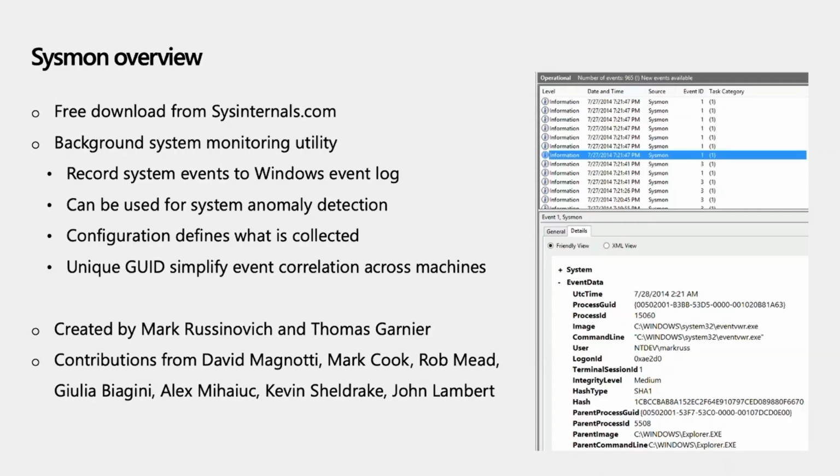So instead, for Sysmon, what we did is we created a process GUID, a unique identifier, which is unique across all the machines in your environment. And so now the search is just a key-value pair. You see a process GUID, and then you search for that process GUID in the past, in the future, anywhere. You only have one with that process GUID.